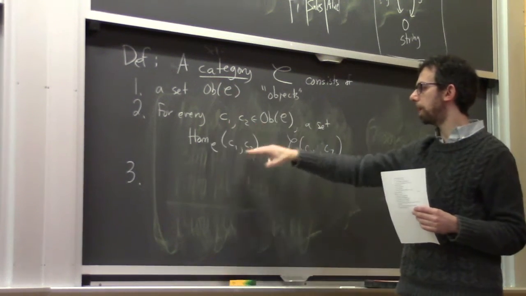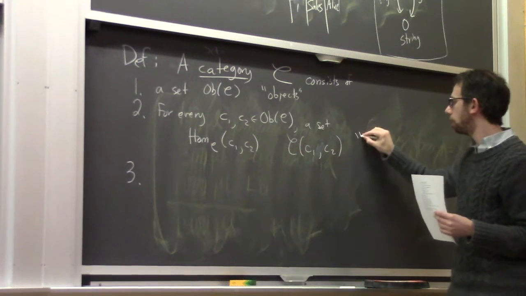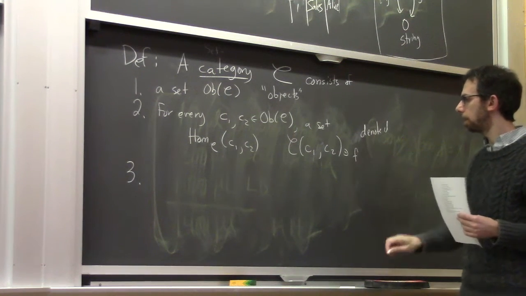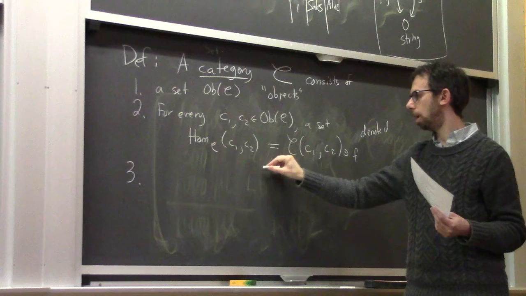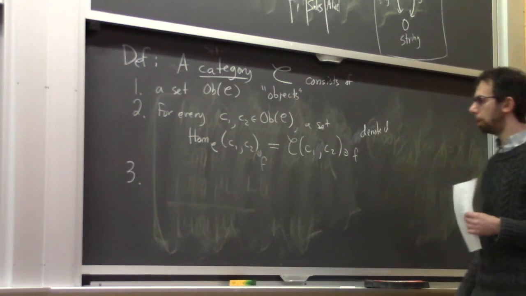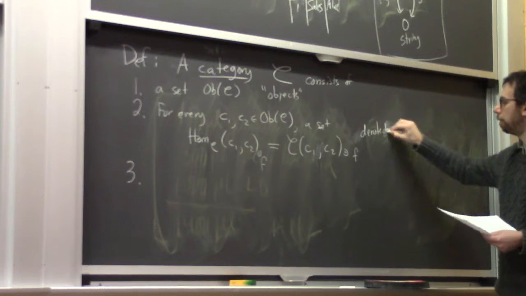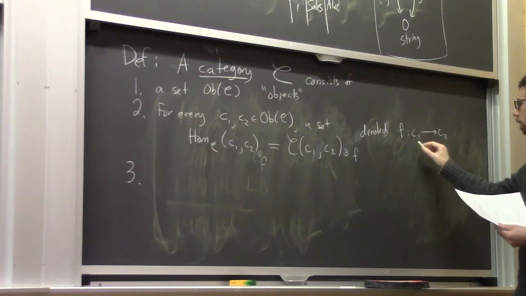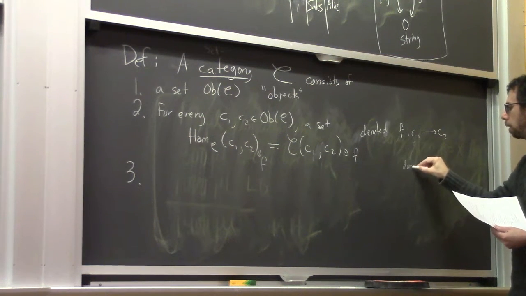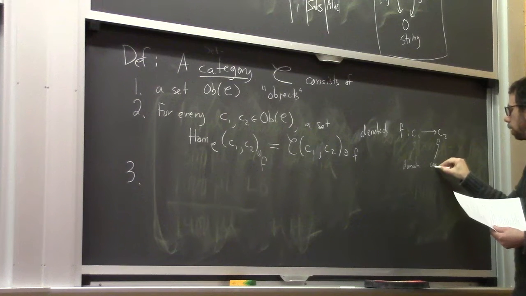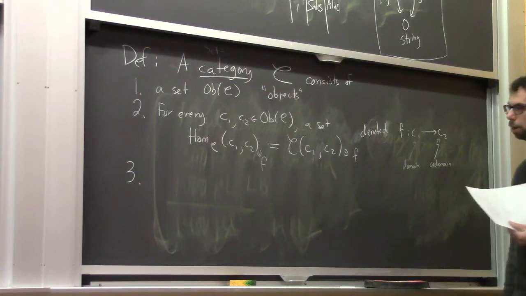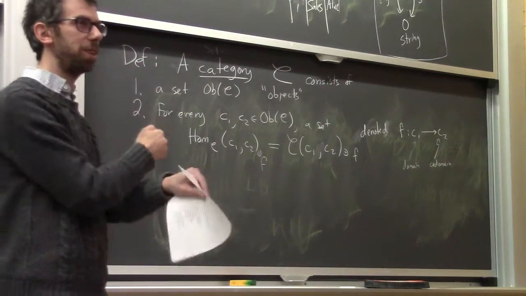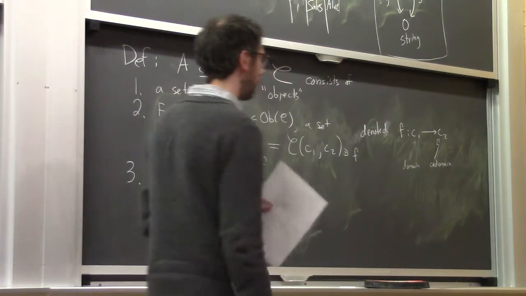So, okay, we have this set of objects. We have for every pair of objects a set of morphisms, and these are denoted, if you had an element of this thing, those are the same thing, whether you write a hom or a C. If you had an element F, you would write F colon C1 arrow C2. And this is called the domain, and this is called the codomain. And co is a word that's taken very seriously in category theory. It always means the other one, the other side. But you'll see that as you go.